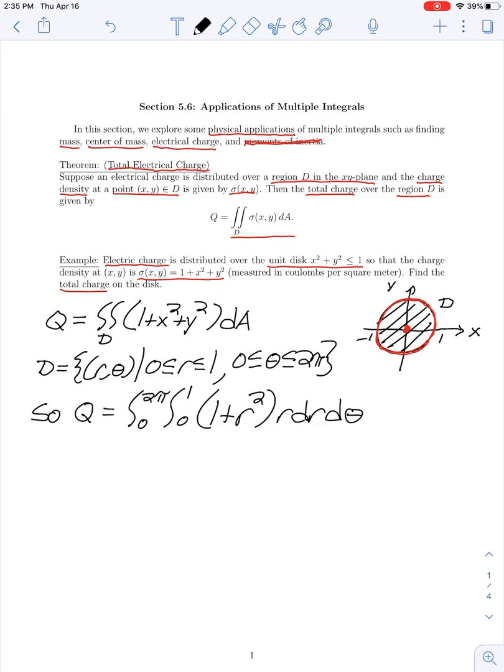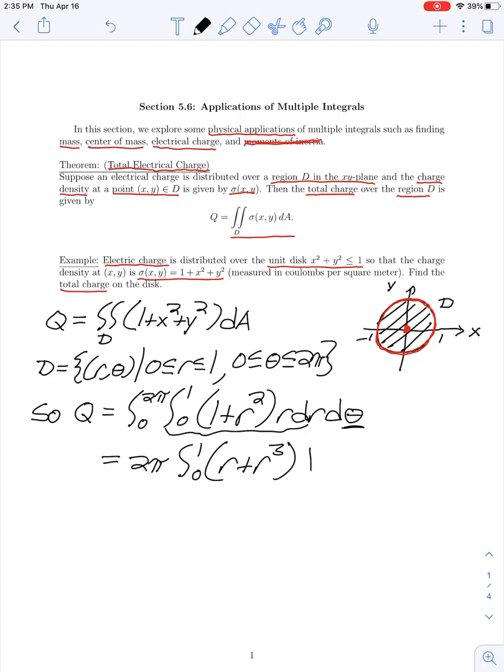So here we notice that our inner integral with respect to r is a constant in terms of theta. So I could pull this out in front of my theta integral, and then integrating a constant with respect to theta on the interval from 0 to 2 pi gives us the length of that interval, which is 2 pi times the constant, which was the integral from 0 to 1 of, if we distribute our r, we have r